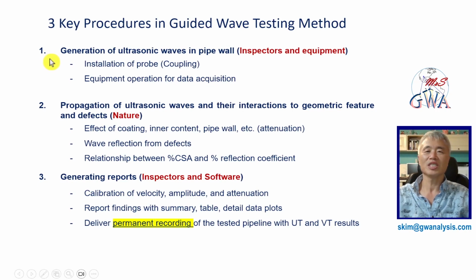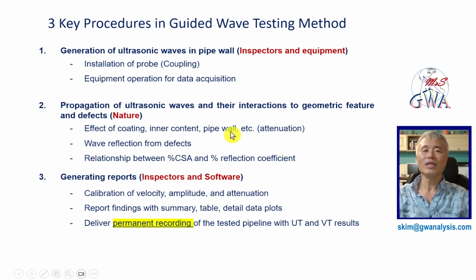The first procedure is generating ultrasonic wave in the pipe wall using coupling and acquiring data with equipment and the software operation. The second procedure is the propagation of ultrasonic wave and their interaction to geometric feature and defect. Once the ultrasonic wave is inserted in the pipe wall, the attenuation and the reflections are decided on the nature